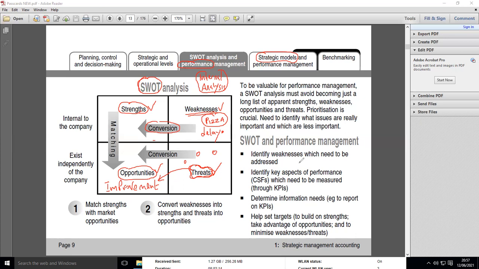SWOT and performance: identify weaknesses which need to be addressed. So that's where the concept sits. Identify key aspects of performance or critical success factors. Those elements where people are complaining, delivery, it means that they are critical success factors. Those are critical success factors because once you improve on them, that's it. So SWOT can help us to identify critical success factors,